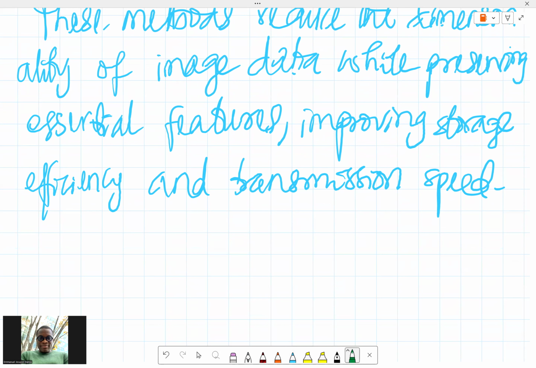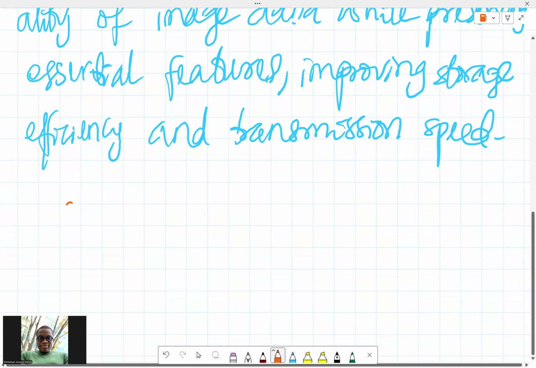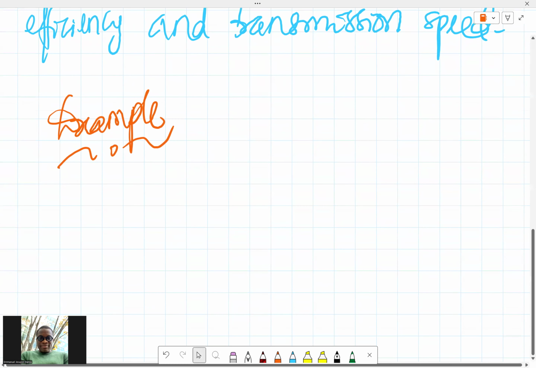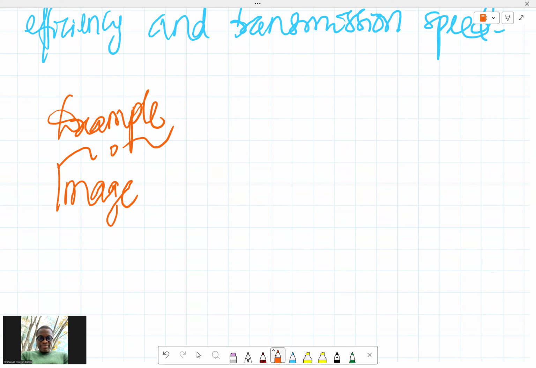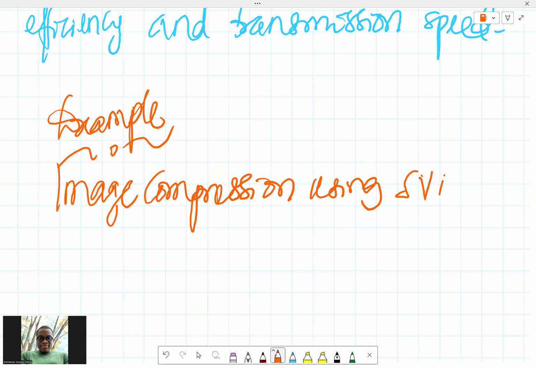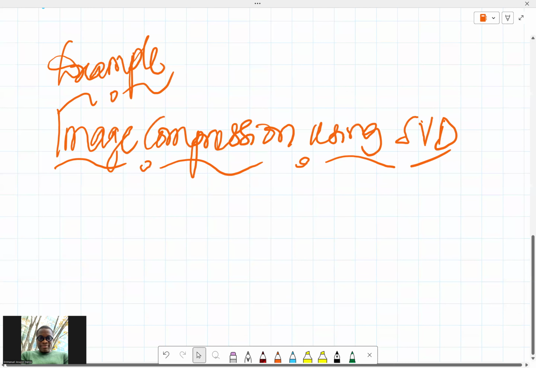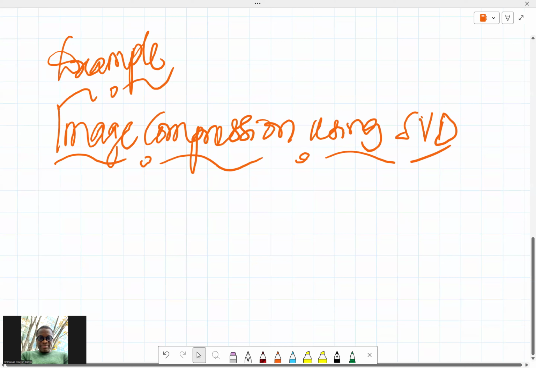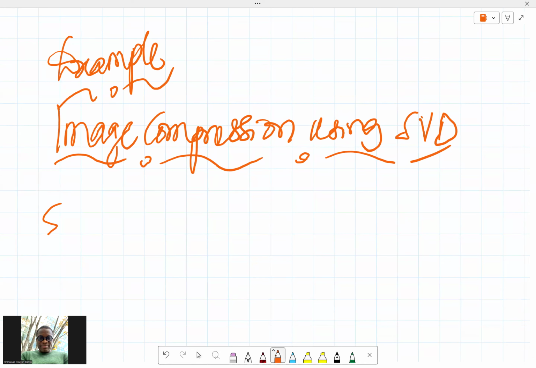Now let's look at an example. Imagine if we want to use image compression using singular value decomposition, using SVD. Of course, we won't go into the whole matrix of numbers. I'll do a practical thing with an image. So to do this, right,